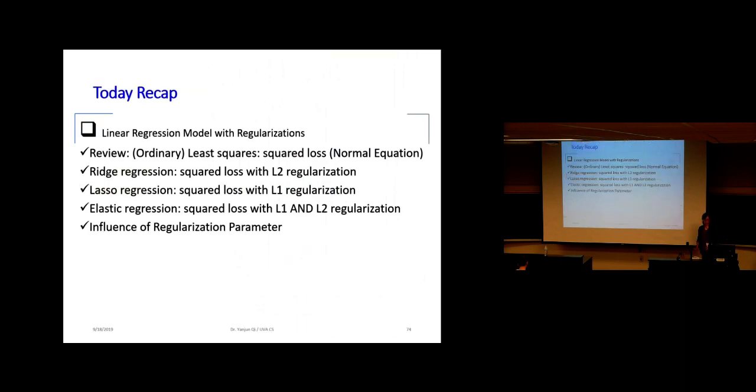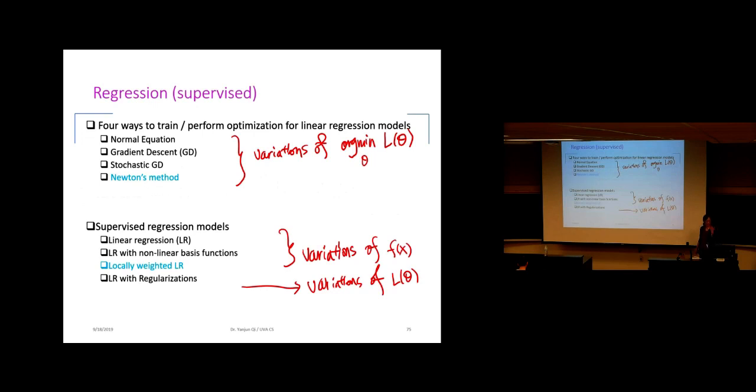All right, so this is everything I wanted to cover, and we are finalizing the whole supervised regression section. We did not cover Newton's method, locally weighted linear regression, or k-nearest neighbor-based regression, but this is not required at all. After we talk about k-nearest neighbor, it's very intuitive and can be understood. And Newton's method is a good optimization method, good to learn, but it's